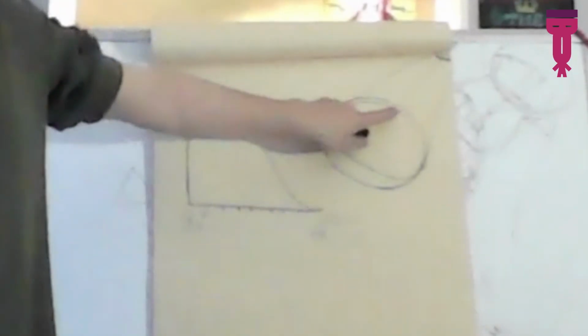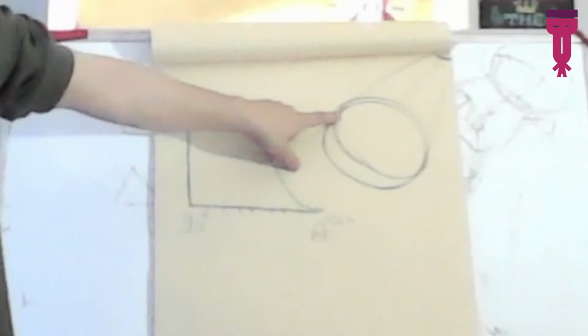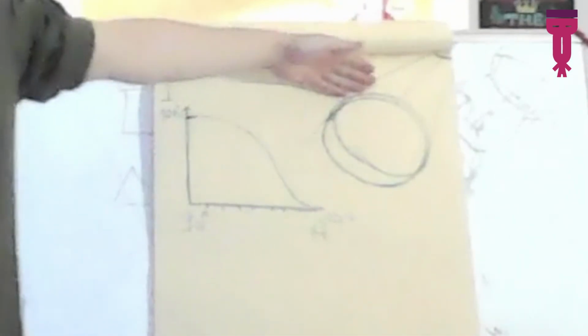Because after this point, the light will simply not reach. So from this point to this point, there will be a certain type of degradation of the light, but once we reach the point where the light will not reach, there is going to be an instant drop